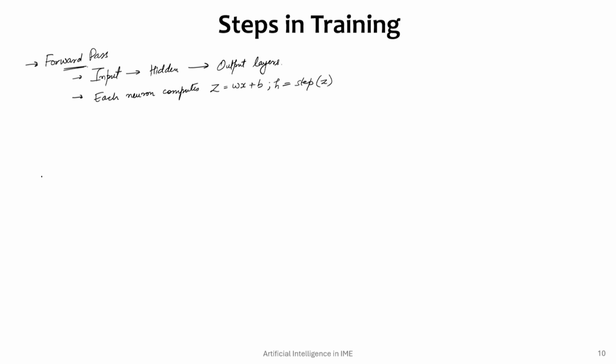So the forward pass stores activations and outputs for error calculation at later stages,